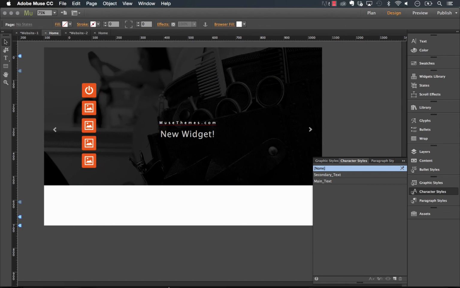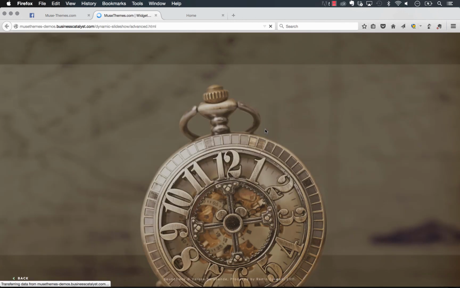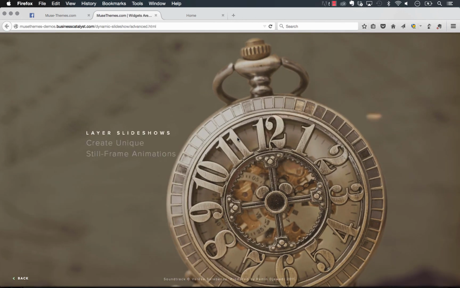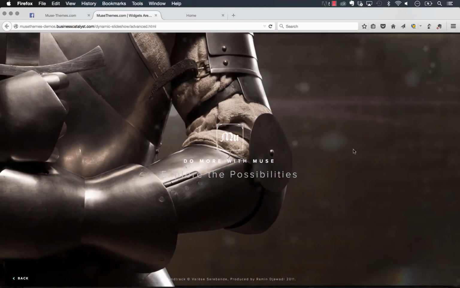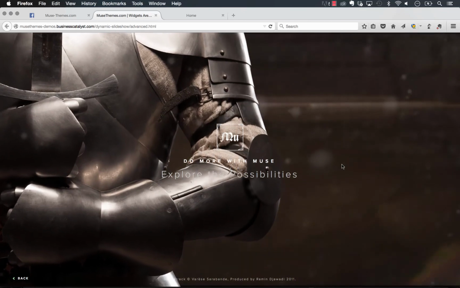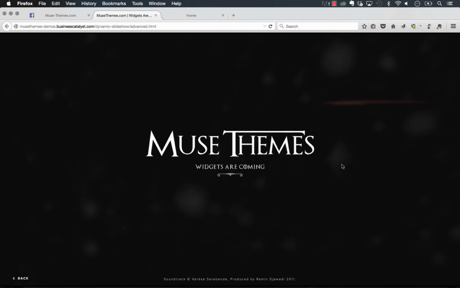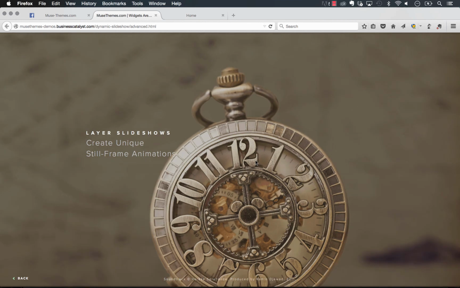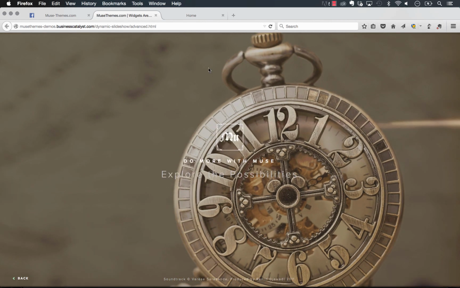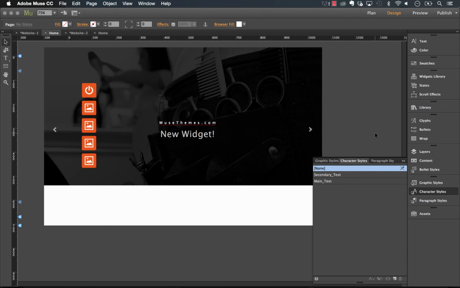That's what I'd recommend. Now on our demo here, of course, for the one we posted on Facebook, let me just jump back there. This is the Game of Thrones inspired demo here, and we have these lighting effects, and we've got a whole bunch of different stuff going on. All that we did here is we layered several slideshows. We used PNGs or transparent images, and we just kept building these unique animated slideshows layer upon layer. My computer's slowing down a little bit here because I'm recording a video at the same time, so let me close this page. But you can see how this widget works and how it takes over the default slideshow functionality in this really clever way.